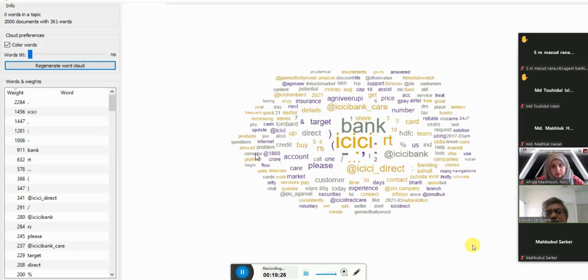So basically, in your content analysis, the content analysis is a different science altogether. Once you know which are the words generated by the consumers again and again, you see cash, there might be some problem with the ATM cash. So what is the problem? You have to go to the tweets and find out what the people are talking about the cash. Once you have done it, going through the detail of it is not very difficult. You can filter the data and find each and every individual tweet.